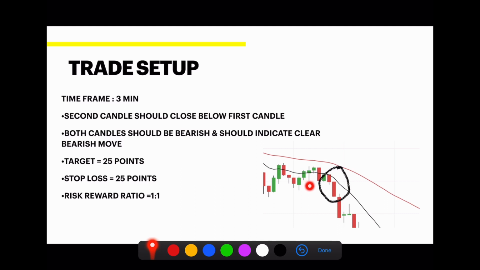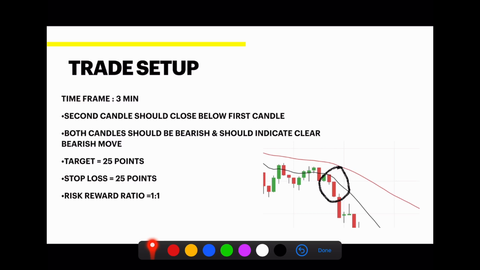If you observe this candle, there is a hesitation in the upward direction as well as the downward direction. And if you see this candle, there is a hesitation in the upward direction, and if you see this candle, there is a hesitation in the downward direction. Buyers are pushing it upwards here, sellers are pushing it downwards. So for the second candle, buyers should not push it upwards, which means there should not be any wick like this candle. Even if there is a wick, it should be very small.